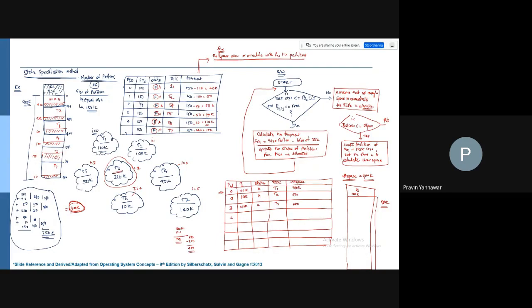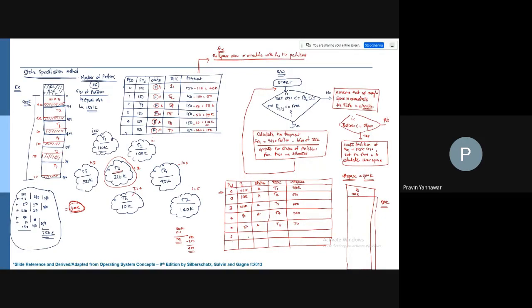Then you go for the fourth, T4, which is 90k. This is allocated and is going to be T4. This leaves 360. Then you have 5, which is 50k, allocated, and this is T5. Then this is 310.